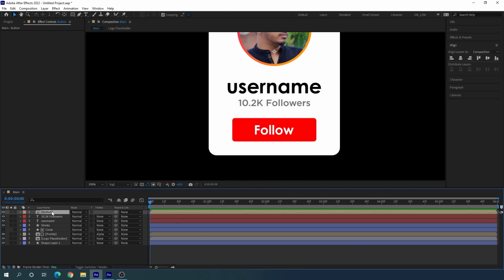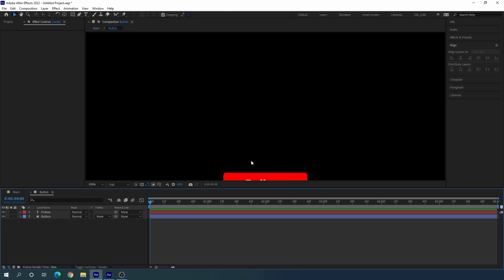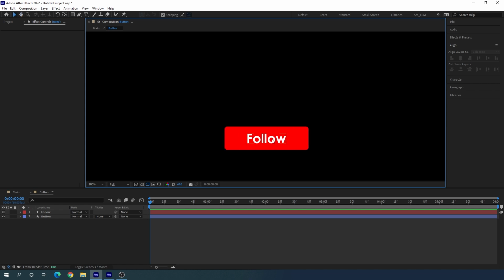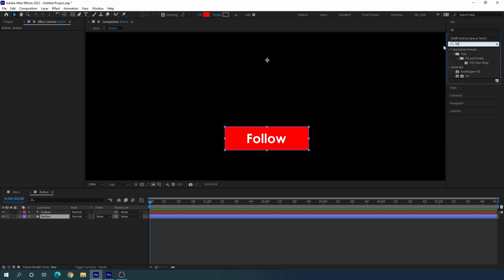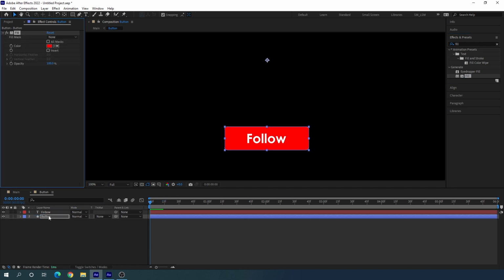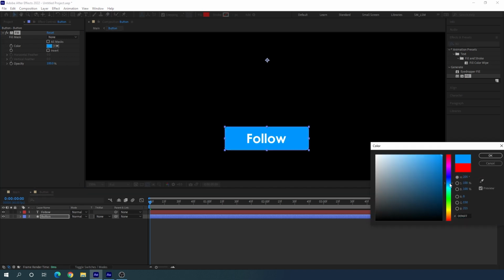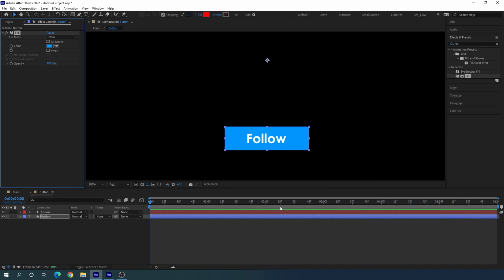And now let's open the button, and we have to apply fill effect on this button. So select the button layer, go to effect and preset and search for fill. So this is the fill effect. Let's apply this fill on this button, and we have to select the blue color for follow. So let's select this type of color, which is looking like Instagram follow button, hit OK,